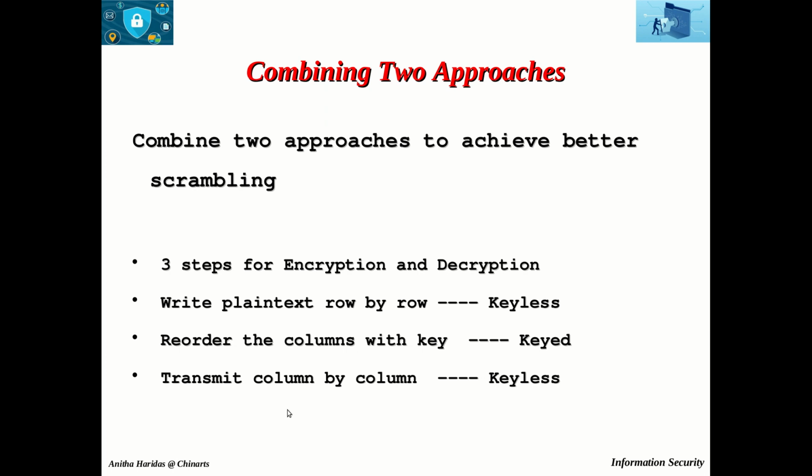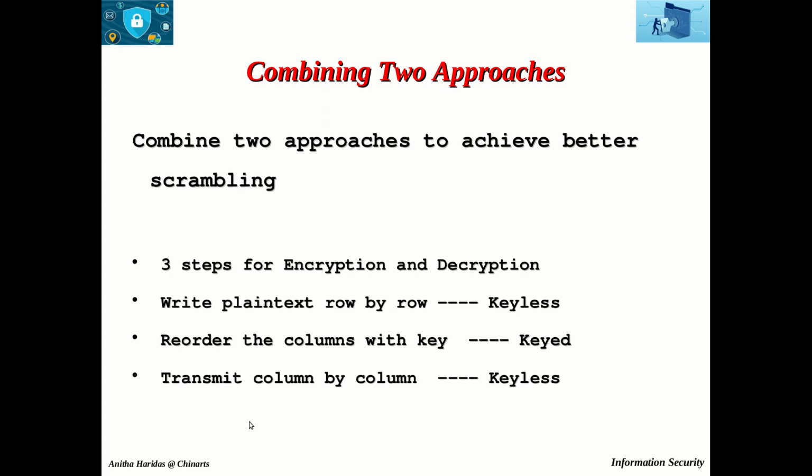And the third step is that the new table is read column by column, that is, transmitting the plain text as ciphertext column by column. So here the first and third steps are keyless transposition cipher, whereas the second step is the keyed transposition cipher, because a permutation key will be used for reordering the columns.